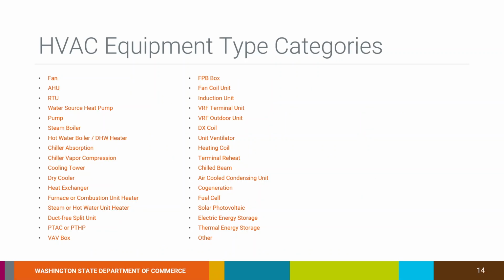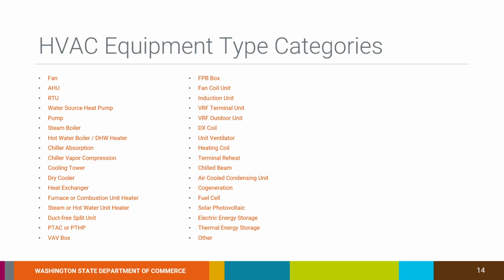And once again, here's the list of 33 different equipment types plus the other category. It covers equipment for different types of air and water distribution systems like fans, pumps, air handling units. It covers heating and cooling plant equipment like boilers, chillers, cooling towers, and a wide variety of terminal equipment and